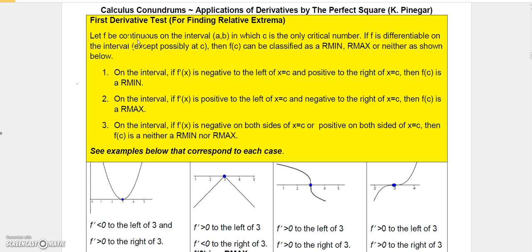So right now, the first derivative test. You can read this first paragraph, but basically, as long as the function is continuous and c is a critical number, if the derivative of the function is negative to the left of the critical number and positive to the right of the critical number, then f of c would be a relative minimum. So if you take a look down here,